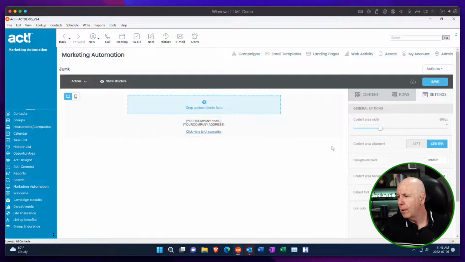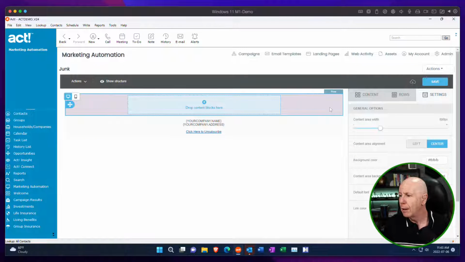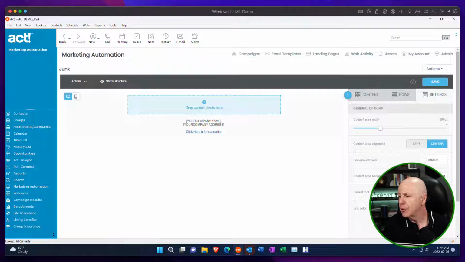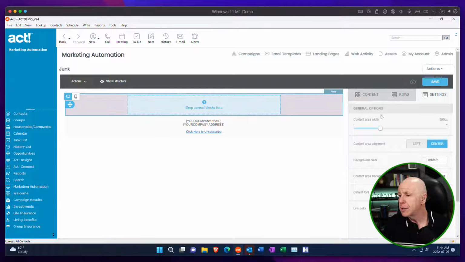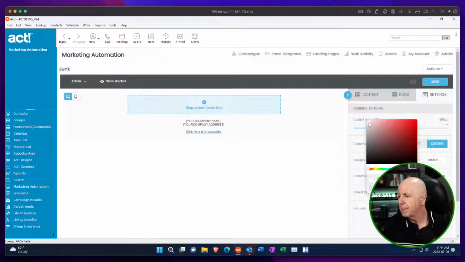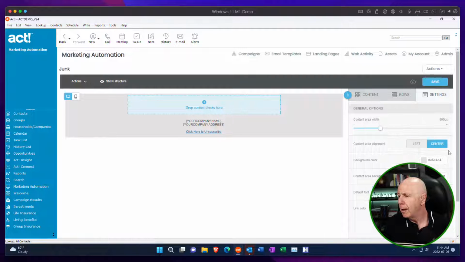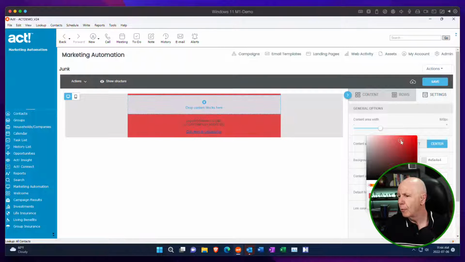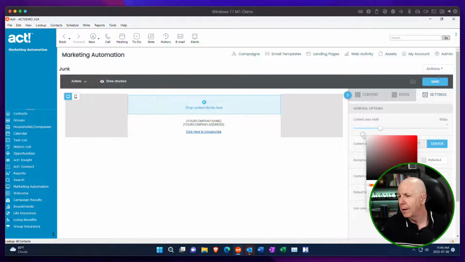The content area, we can have a different color as well. So right now it's transparent, meaning whatever the background over here is, it will reflect there as well. And so that's transparent. But for an example, I could have this gray, and then under the content, I could have this, let's say red. You see under the content, it's red, or I could have it white. So that's how that works. So we'll just leave that at